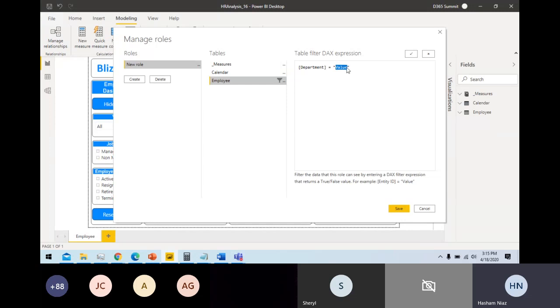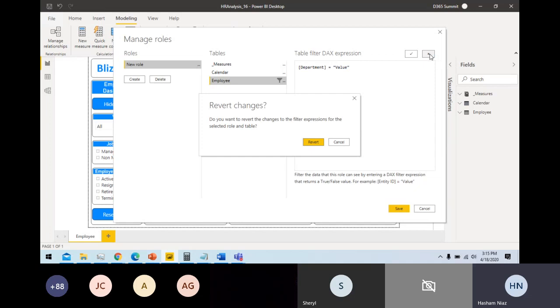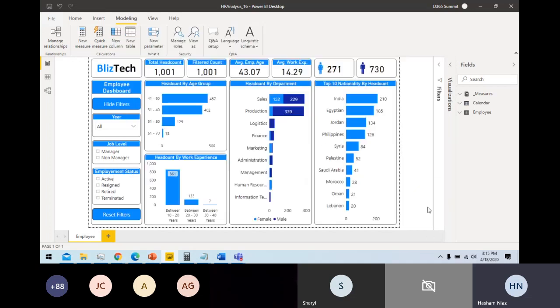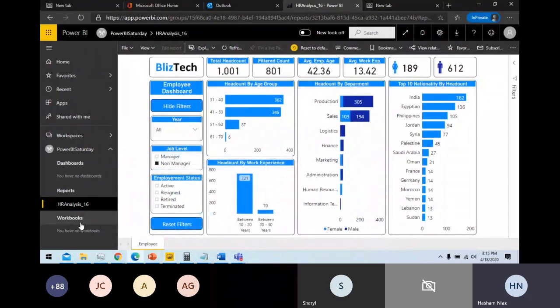For the HR department, they can only view their own data. For the finance department, they can view their own. This is called static row level security, so we can apply row level security as well. I'm not going to create any filter as of now. Now let's see, I don't have access to this particular